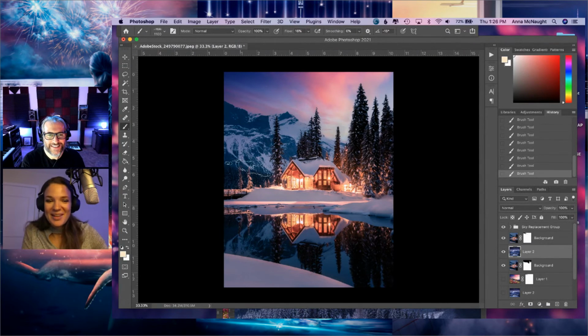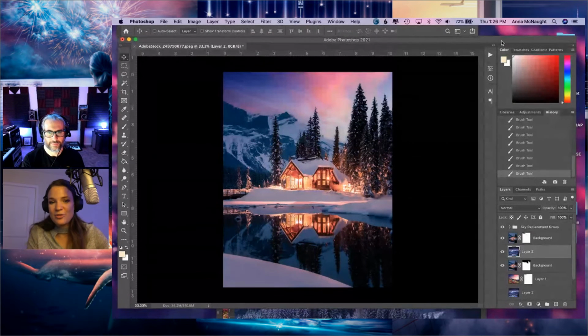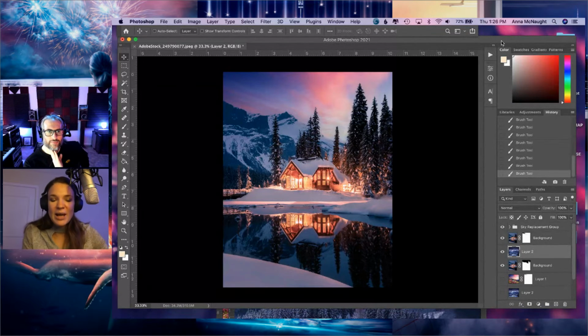Okay, so it's looking pretty cool. We can come back in and tweak the sky and then add the reflection. But I want to add these little Christmas light things that I got. I was looking everywhere on Adobe Stock to find these, but I actually bought them from a friend of mine, Noise7.